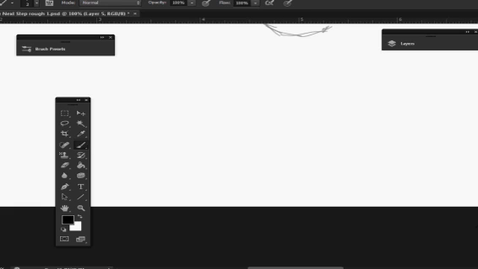I must have slid the bar down with my light pen, and now it's going to sit there while I do whatever it is I'm going to do for like a minute and a half. So